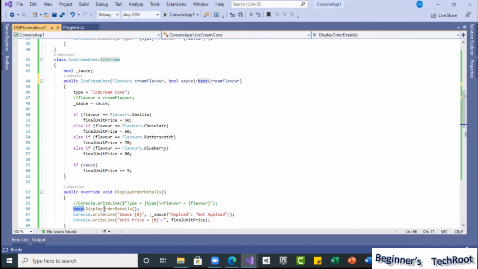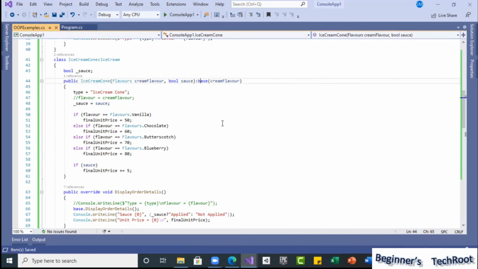Not only calling any base method, you can even call the constructor like this. You cannot call it like base dot constructor. You need to call like this only, wherever you assign. Especially while constructing this ice cream cone object, automatically you can construct the base definitions. So that is the advantage.